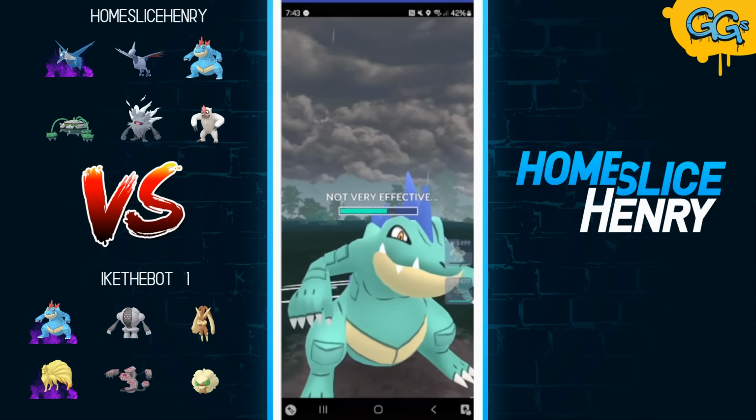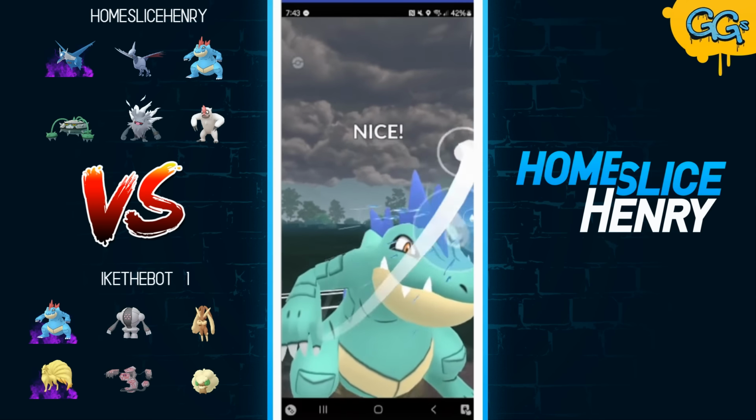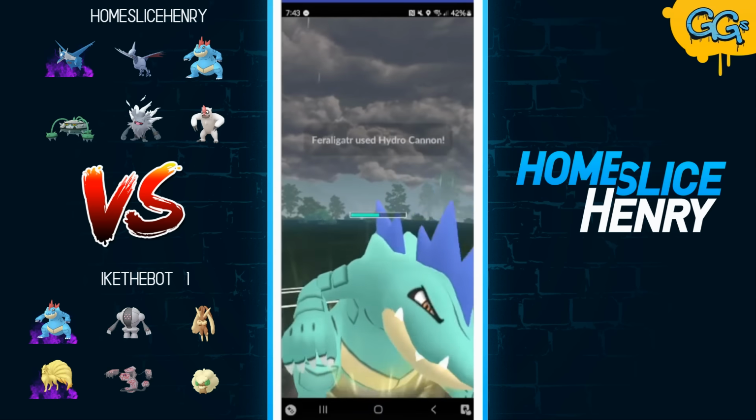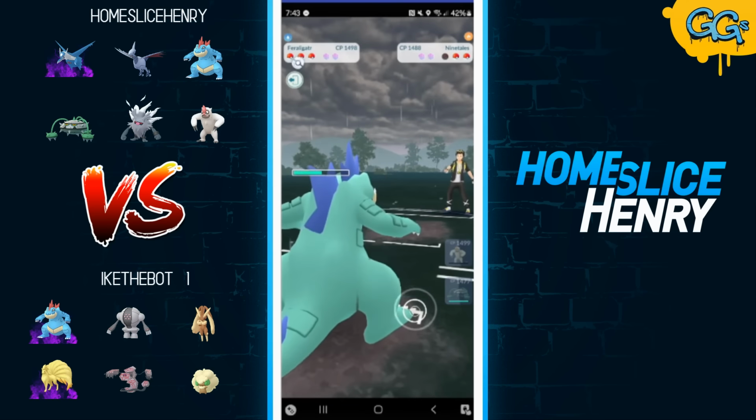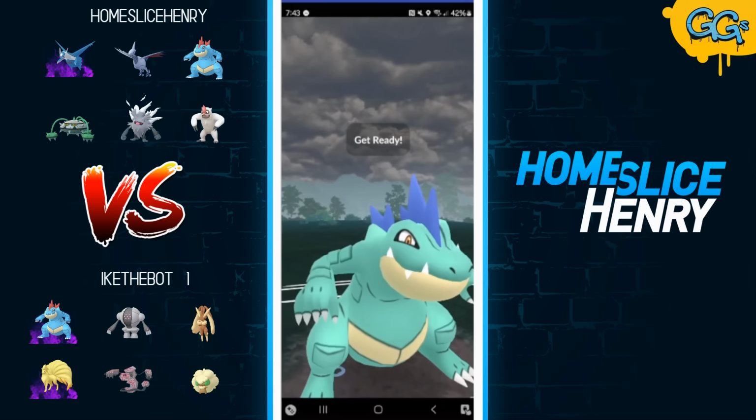Ninetales fires off the Weather Ball. This is open team sheet, so I know they're on Weather Ball and Overheat, so they do not have the Scorching Sands to hit for neutral. And I can fire off the Hydro. Hydro connects. Goodbye, Ninetales. And my Ferrothorn should be good in the back, and we do see it is the